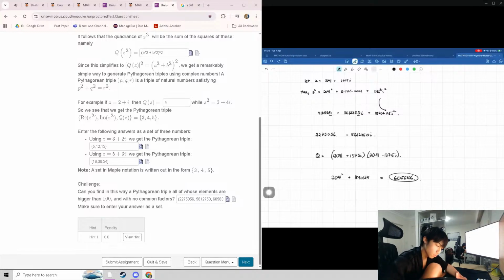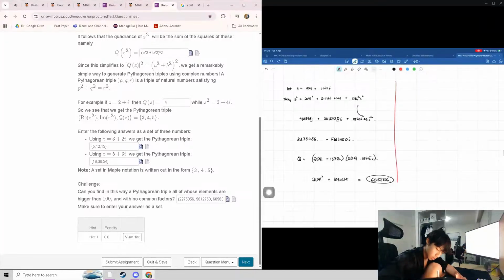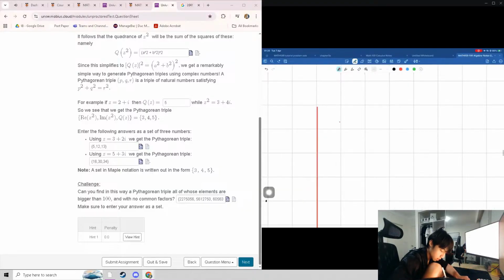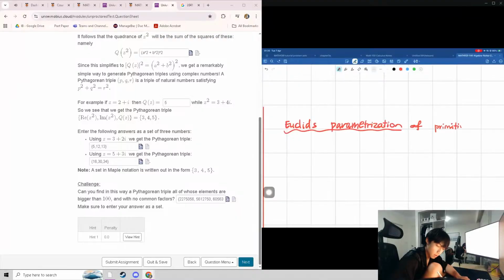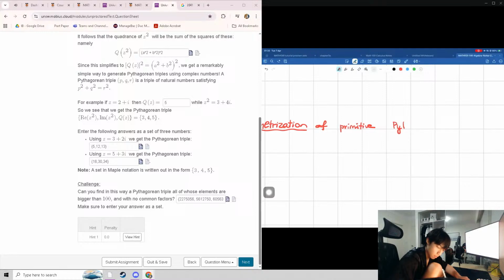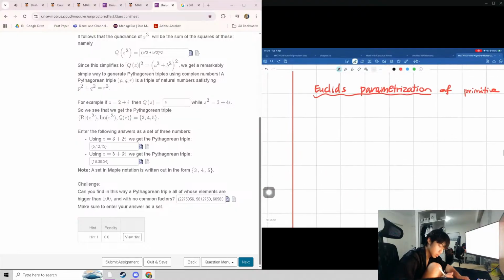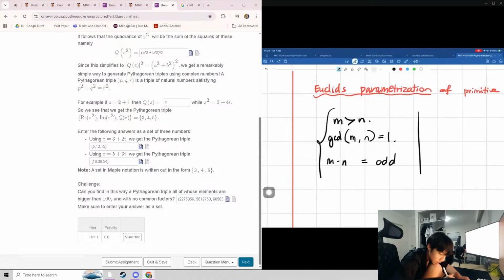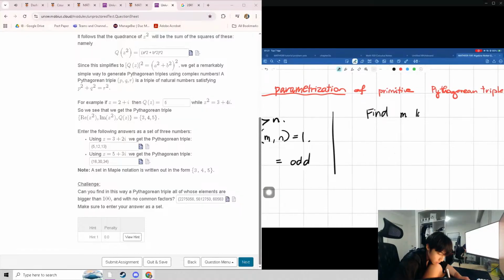Okay, so we've learned Archimedean yesterday, now we've learned Euclid's parametrization of Pythagorean triples, which is that the GCD of m and n has to be 1, m minus n has to be odd, and that m is larger than n, and then find an m larger than that. Set